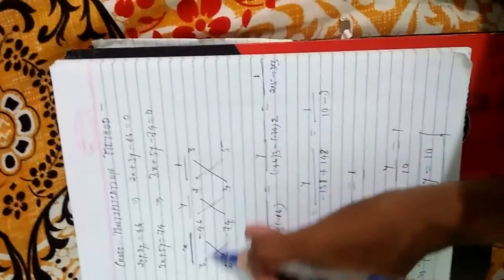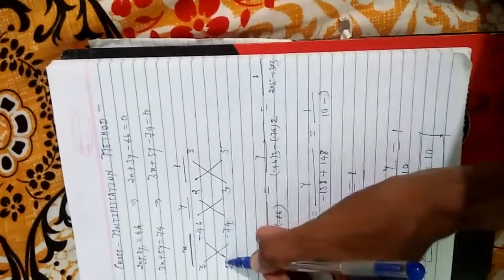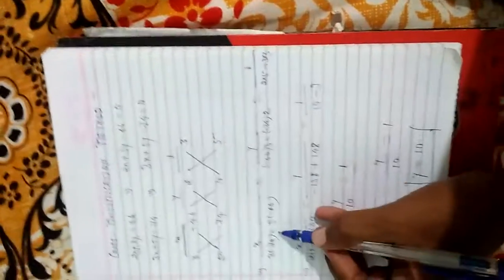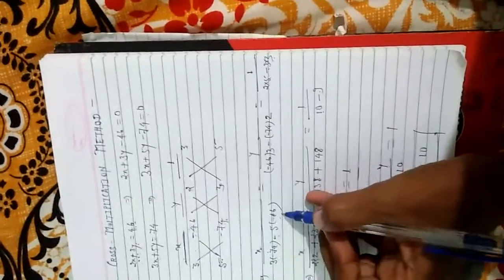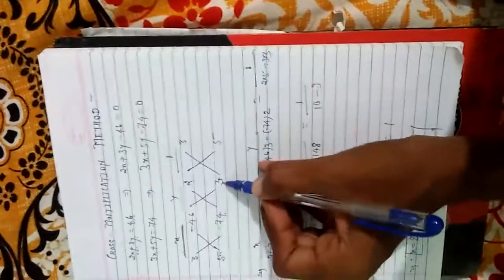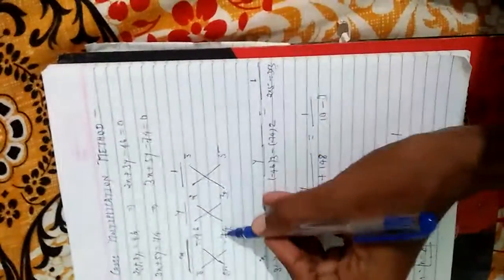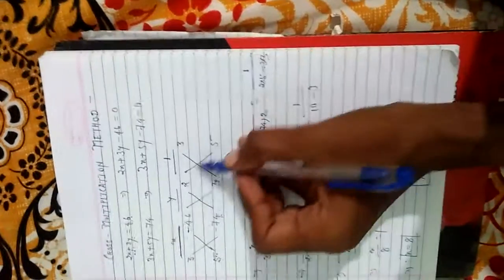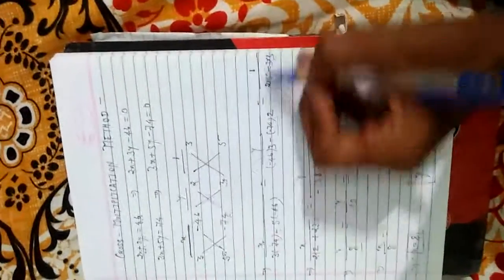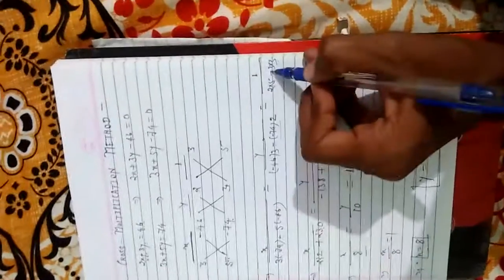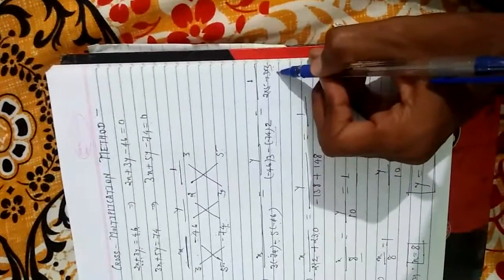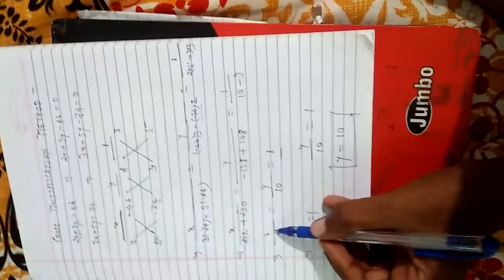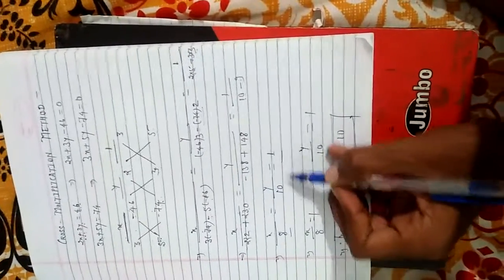Now cross multiply, and before multiplying this term you have to take a minus. So this is minus 74 into 3, and minus, and 5 into minus 46. Similarly for y: 3 into minus 46, before multiplying you have to take a minus, so 2 into minus 74. And this equals 1 by 2 5s are 10, minus 3 3s are 9. Now solve this, and you will get x by 8 equals y by 10 equals 1.